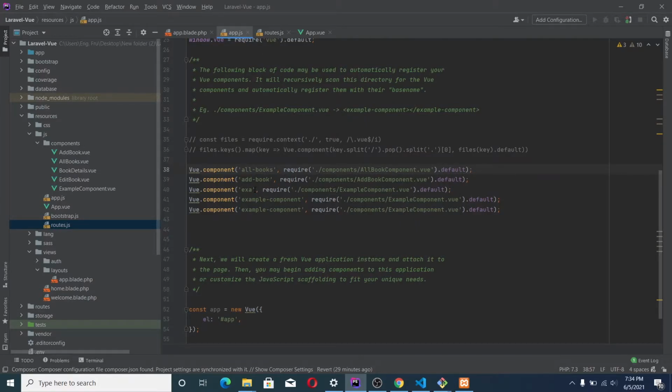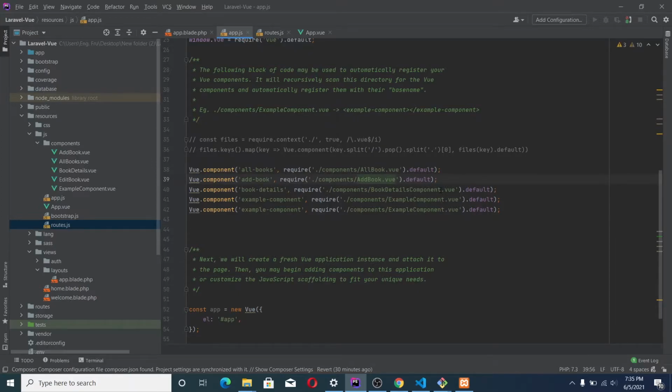The next here, let's bring in book details. It is for viewing the book details. Here, the component is book details components. Oh, so in these files we don't have components, so let me just delete them.